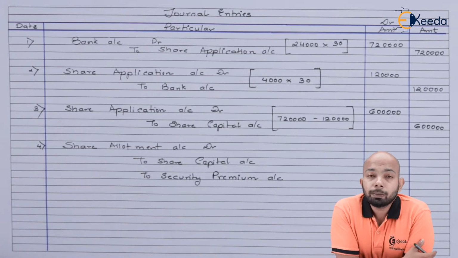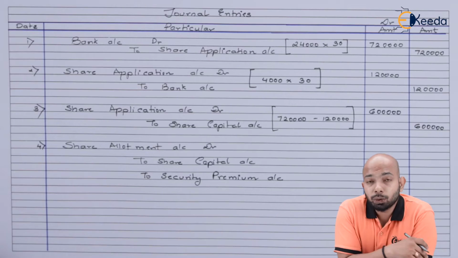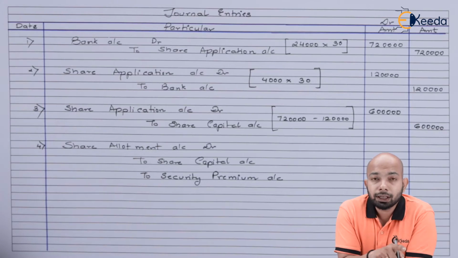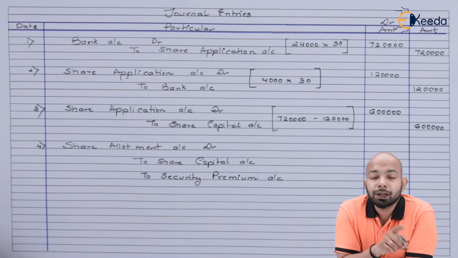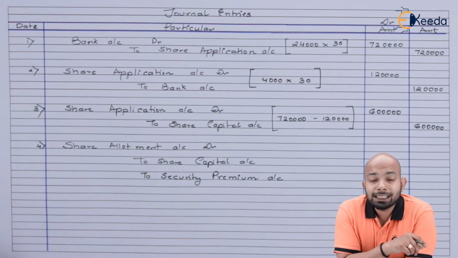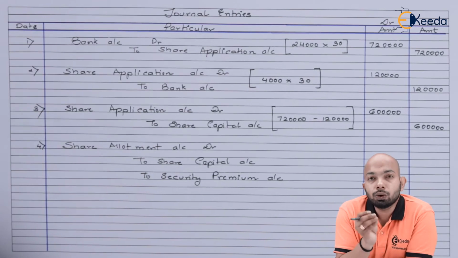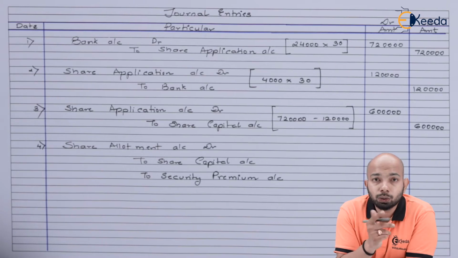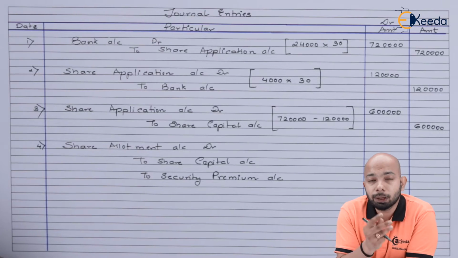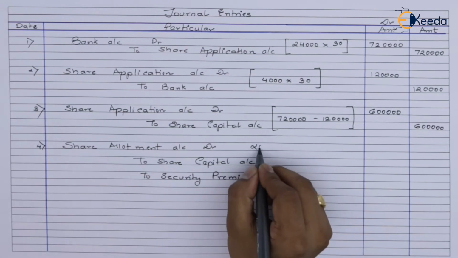Now, the share allotment entry has been mentioned. That is, this is the due entry that we have mentioned. So, share allotment account debit to share capital to security premium. On the debit side, it will be total of the allotment money, that is rupees 50, which has been mentioned. Now, this 50 includes 30 rupees as capital and 20 rupees as premium. On the credit side, we have mentioned two things: share capital and securities premium. Accordingly, the amount will be divided there for 20,000 shares.